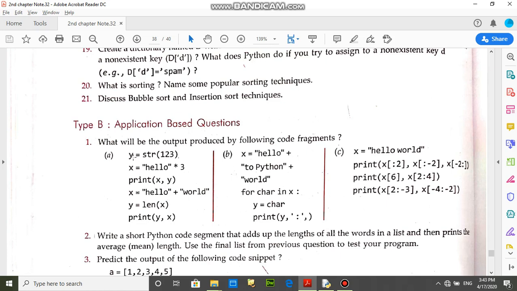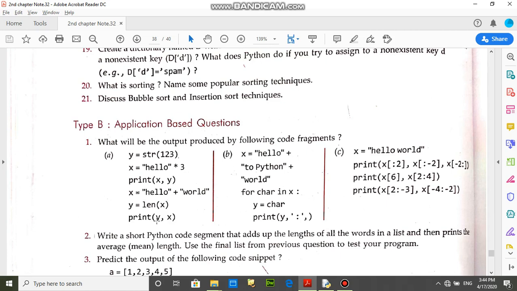First y stores the value in the string, and x equals hello multiplied by 3, that means hello will be replicated 3 times. So print x, y: hello will be printed 3 times, and then 1 2 3. Then x value is hello plus world, so the new value of x is hello world, and the value of y is 1 2 3, and the len function will return 3, and print y comma x.